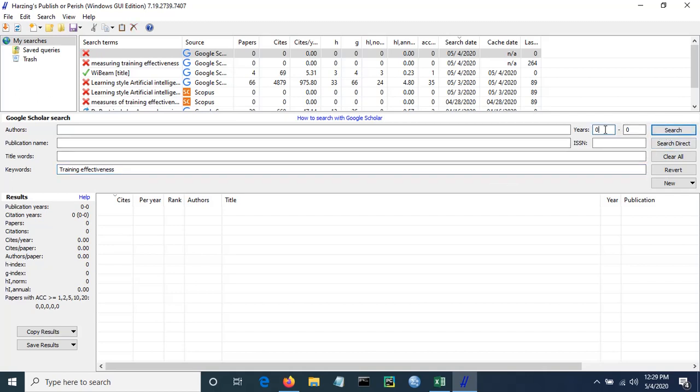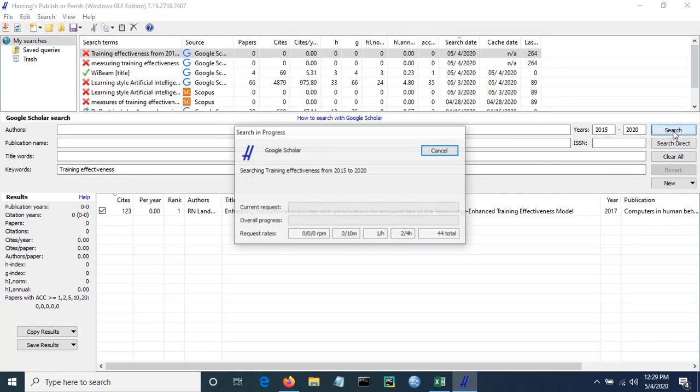You can actually select the years between which you want the results to throw up from. Suppose I want papers which have been published between 2015 to 2020. Otherwise it will throw up results which have been published, say some in 1980s or 1970s, etc., which may not be relevant in the present times. So you can adjust these dates accordingly. If you know the ISSN number, you can put it here, or you leave it open so that you get as many results as possible. So let's do a search and see what all it shows.